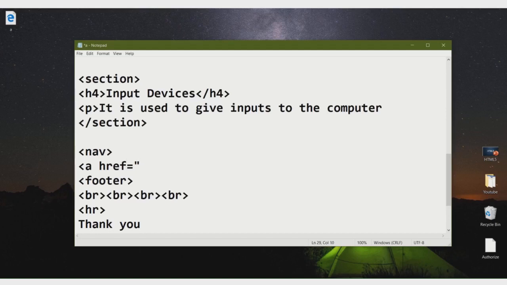You have to write here the page link, which page you want to place here. Suppose any internet page you can write, meaning any website URL, or you can place any HTML page also. Okay, for linking a page you have to place the page name or page URL here.